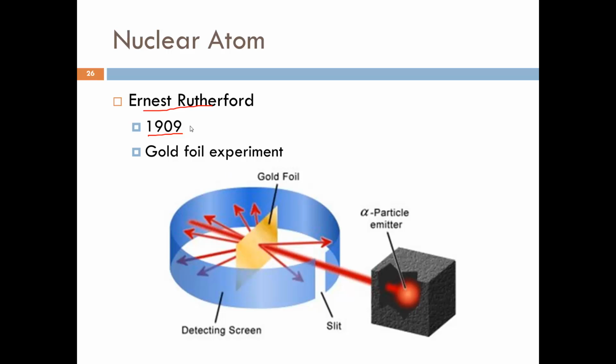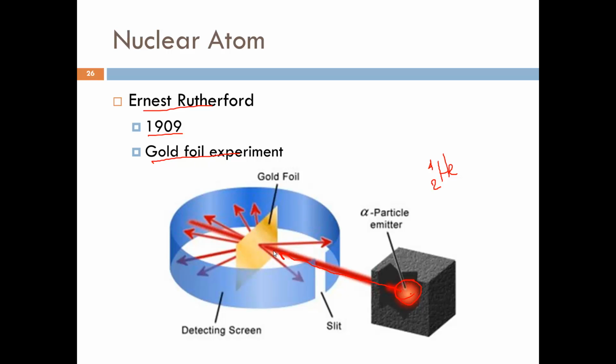Here we have the alpha particles. It's basically a helium atom with no electrons, so it's just the nucleus itself. He thought once he removed the electrons, if he shot it through a piece of gold foil, which is a lot like aluminum foil, just made out of gold and pounded really, really thin, the particles would go straight through without any deflection whatsoever.